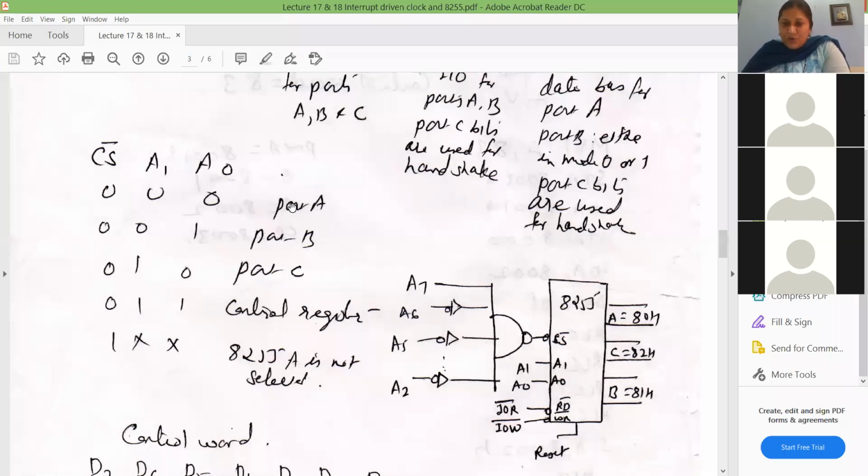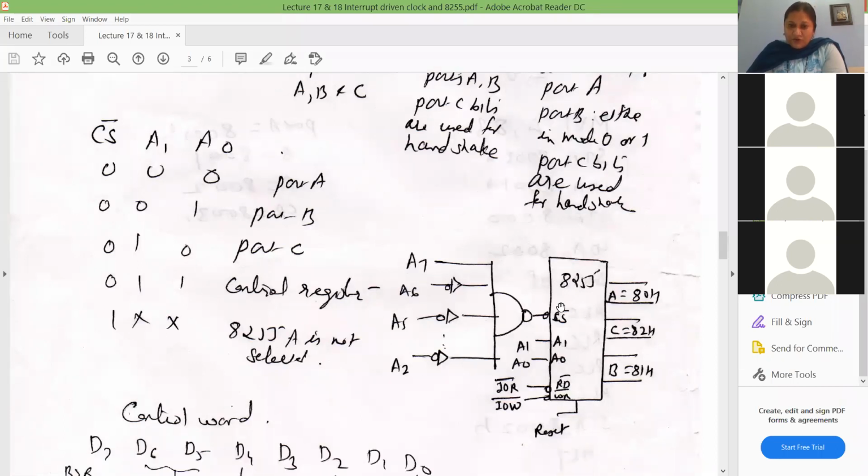It never happens such that port A will have 80, port B will have 90, etc. If it starts from 80, then it will go to 80, 81, 82, 83. Is it clear? Because this combination is increasing one by one.